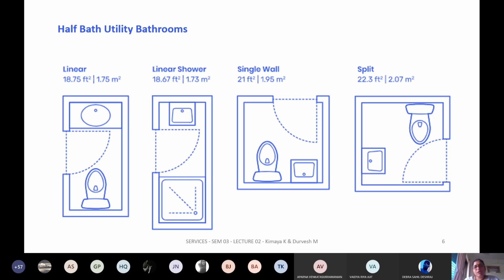Then there is something which is called a single wall, so that your accessories are on the single wall and all the drainage or your water supply comes in through that wall. The rest of the walls are drier. Or otherwise, you do have something like a split. So depending on the area that you have for your design, you can have these various kinds of different typologies that you can design in. And also, it's important what the requirements are from the client's side and what is the space that is required for the same.